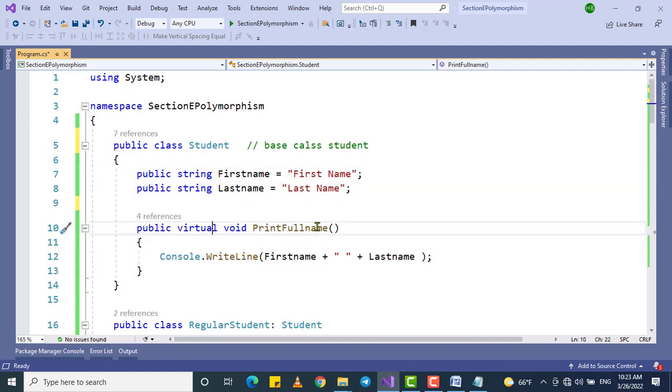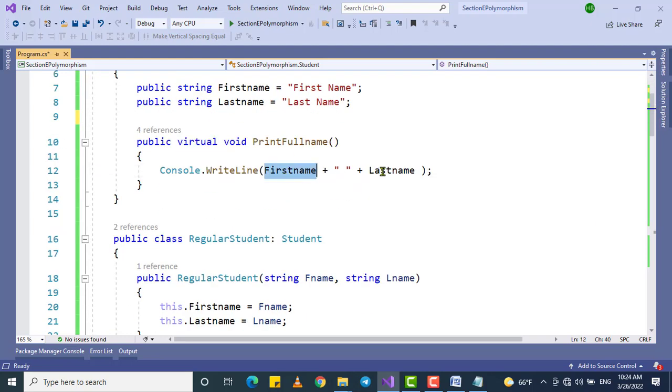አለኝ። ይሄ ሜተድ ምንድነው? print full name, የሁለቱንም print full name print ለማድረግ የሰራሁት ሜተድ ነው, but it is virtual. That means what? The meaning of virtual: if the method is virtual means override ማድረግ ይችላሉ ማለት ነው, okay, child ክላሶቹ override ማድረግ ይችላሉ. So it's giving like a permission. You can override this method እያለ ነው virtual ሲል። hide ማድረግ አይችሉም override ነው የሚያደርጉት. Okay, so this is first name እና last name print ማድረግ ነው and I have a regular